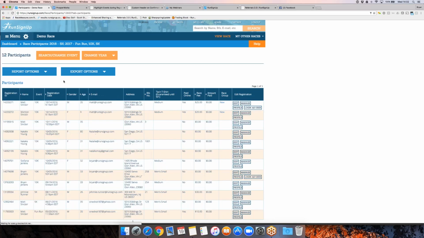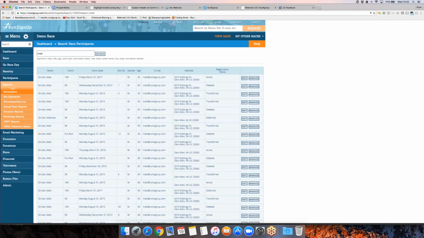Another tool that I really like, and I just want to make sure I've got someone's name here. Yep. So what we're going to do is, in the top right-hand corner, search by name, bib, and email. I'm going to type in Matt. So it's going to search all the Matts. You can see Matt has participated a whole bunch of times, but we could get maybe more granular and type in